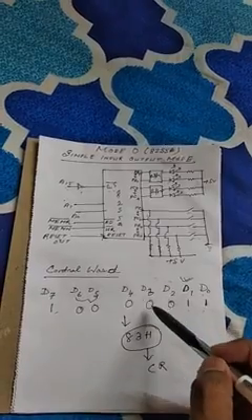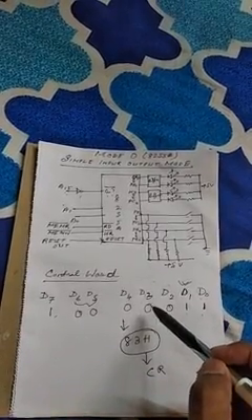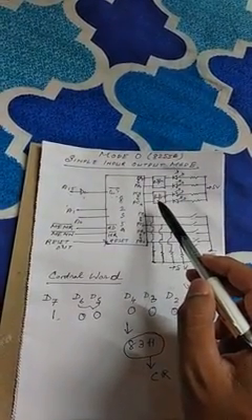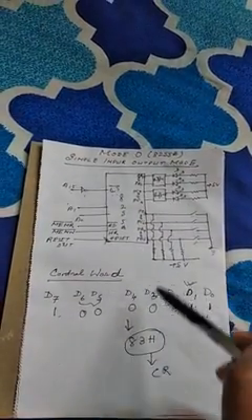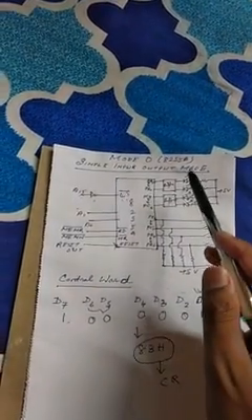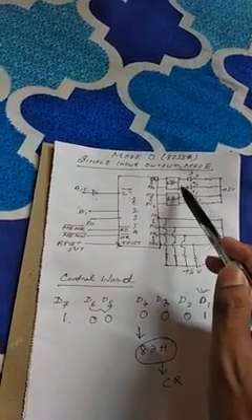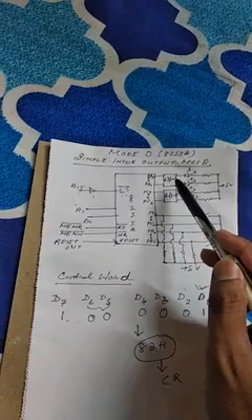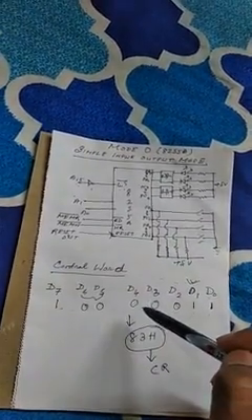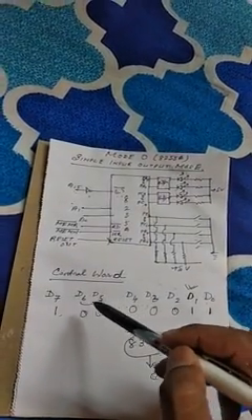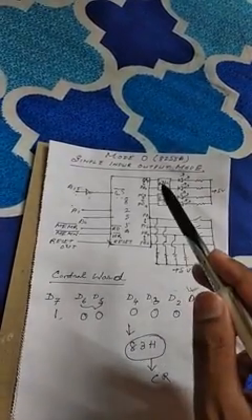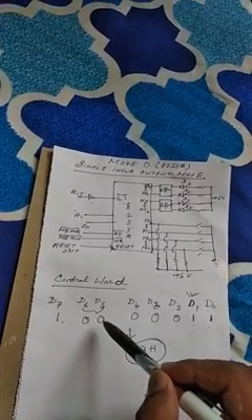And D3 gives us the status of port C upper. Here the LEDs are connected with port C upper, so this is output, that's why that will be equal to 0. And D4 gives us the status of port A. Here some LEDs are connected with port A, that's why that will be equal to 0. And D5 and D6 select the mode of port A. Here the mode is 0, that's why that will be 0, 0.